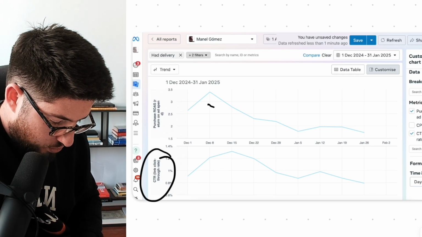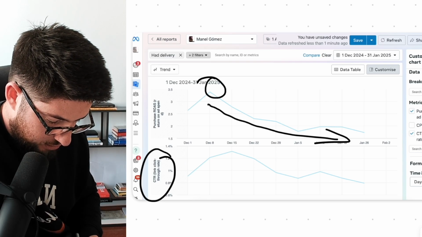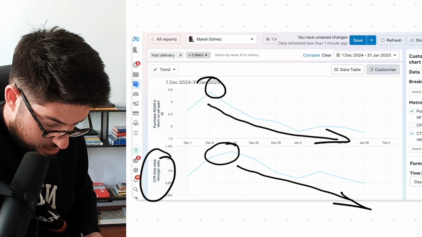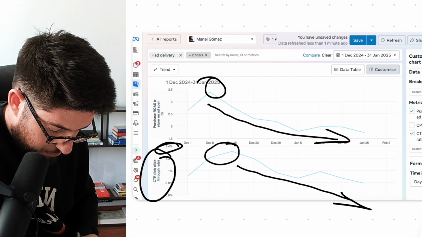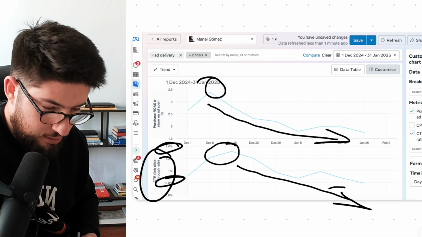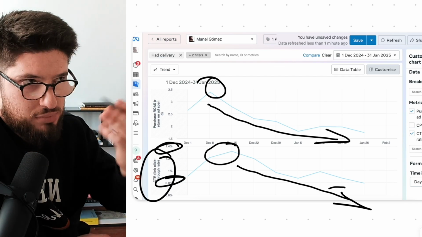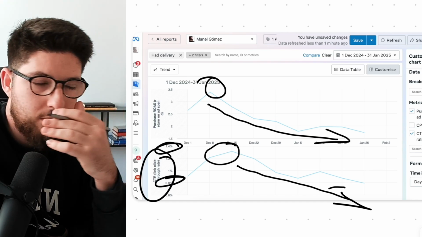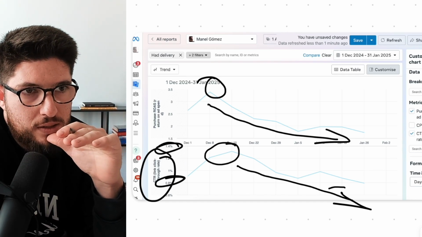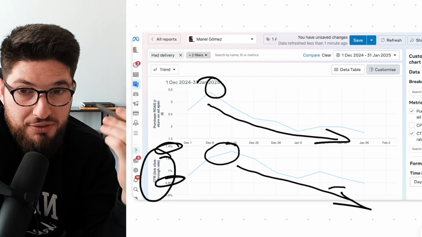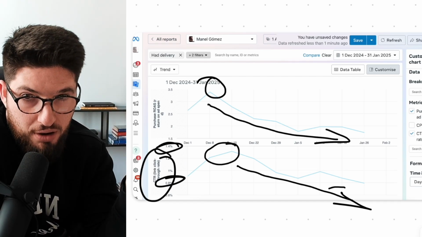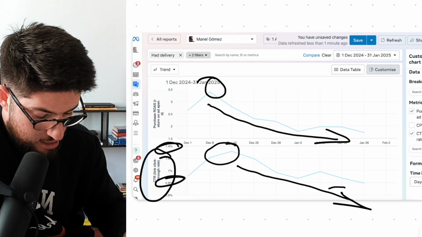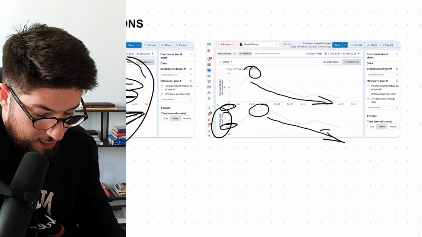So I see that as soon as my ROAS starts to go down here, I see that around here, my CTR starts to go down. It goes from 1.3, 1.4% all the way down to 0.8. It's quite a lot, right? It's like 0.6 points. So I'm losing CTR. And then after this, I would sit and think, why could my CTR decrease? And make 5 hypotheses. And then you have to troubleshoot that and find the issues and solve the problems, which is the real skill. Number 1 is detecting why I have a problem, which is the bottleneck. And number 2, you dig deep and you find why.